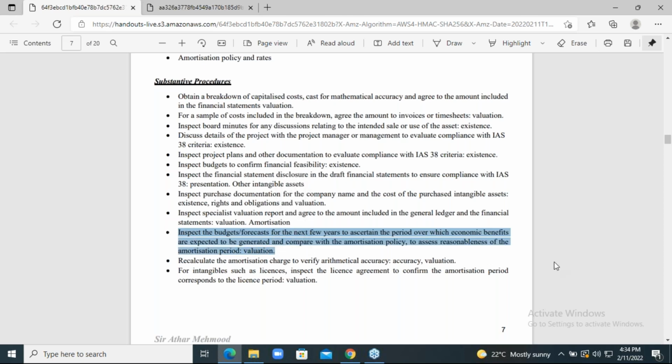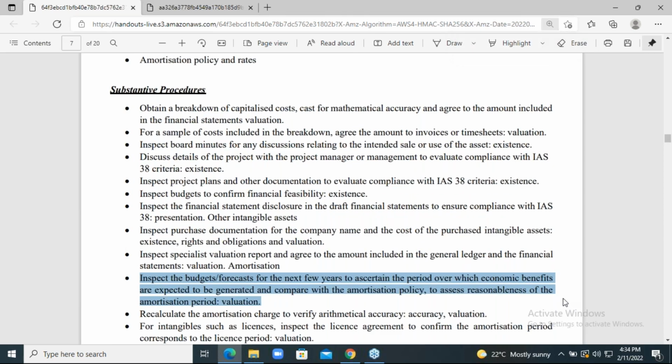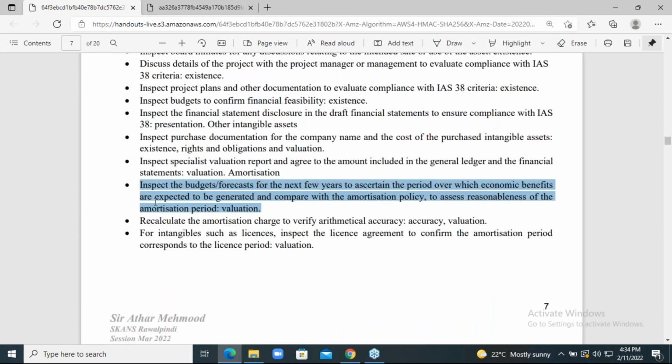Now this is the procedure. The start verb is inspect. The documents are budgets and forecast. The assertion is valuation, and the second verb is compare. So first of all, you are going to inspect the forecast, and if you have further questions and if there is an unusual trend and something suspicious, then you would compare it with something that is normal. So this is a complete procedure